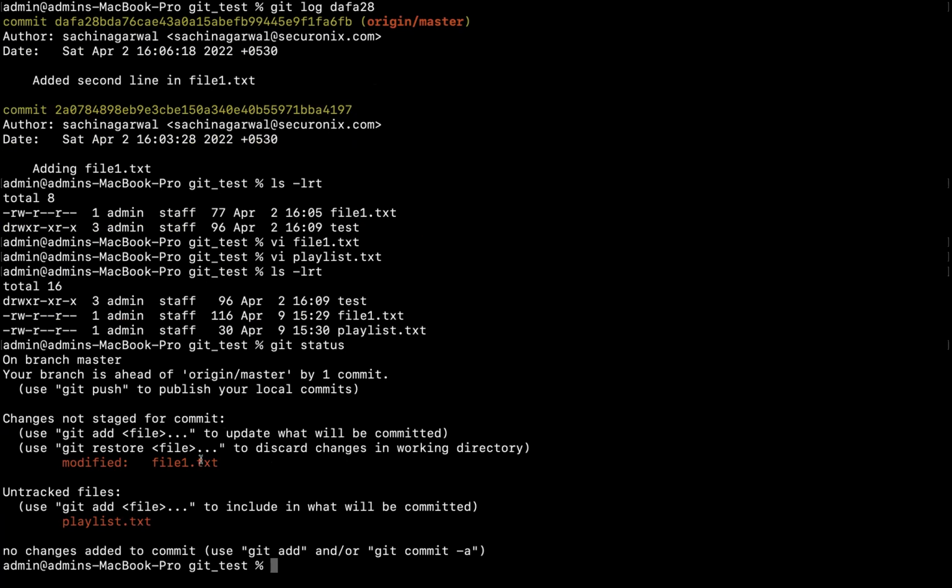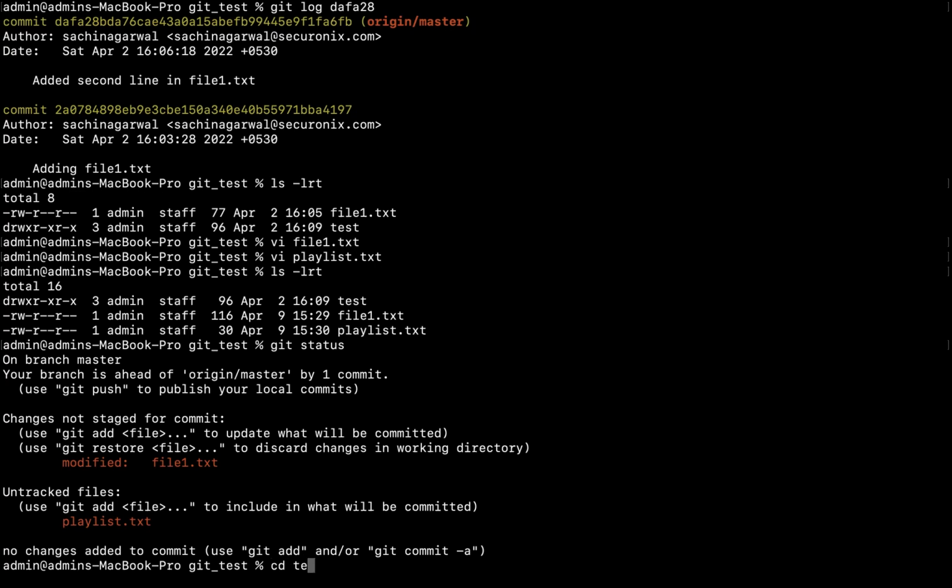Now, can anyone tell me what message will be there? Let's say you have to commit all this together, what message will you write? That appended line 3 or made the changes in file1.txt and added a new file called playlist.txt. Means in one commit action you try to do two things, which is okay, but again you have to group it together. Example again,